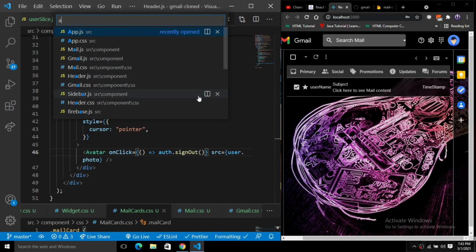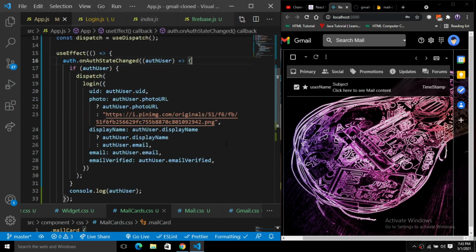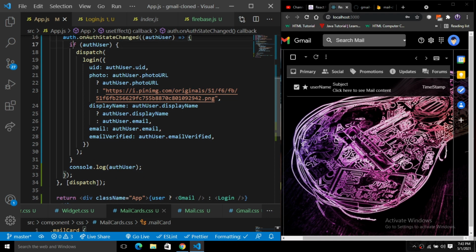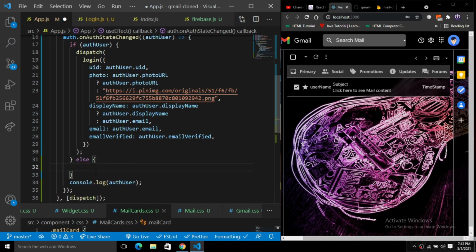app.js. So first of all, let's go back to app.js, and here you can see we have an if statement. Let me add an else statement there. Just put an else, and here we simply dispatch the logout state.